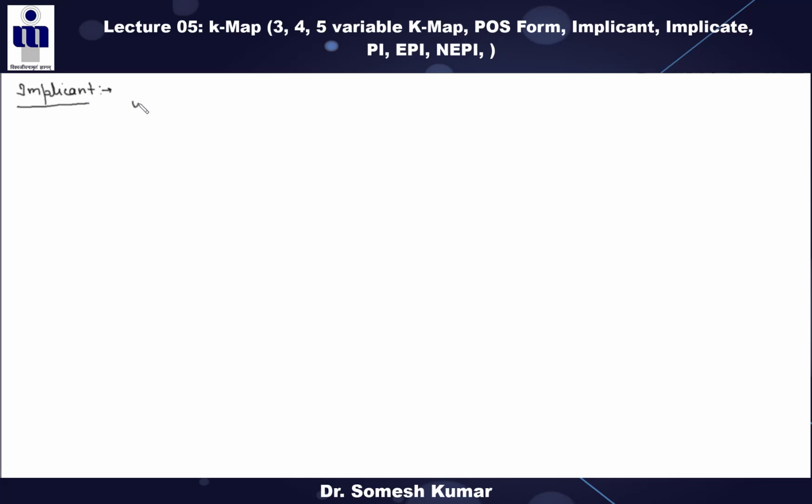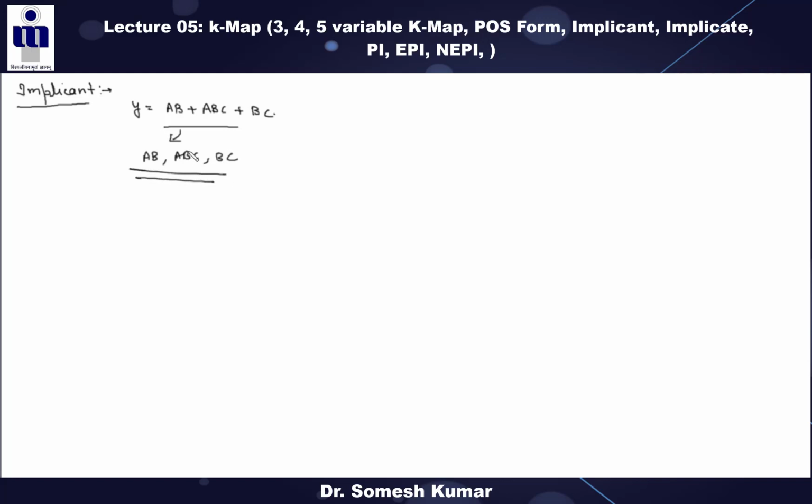implicants. For example, this is one function Y equal to AB plus ABC plus BC, right? So the group of ones is called the implicants, right? Group of ones. This is the SOP form, so that's why group of ones. So group of ones is called the implicants. Group may be 1, 2, 3. Write this. Here we are saying implicants are AB, ABC and BC, these are implicants, right?